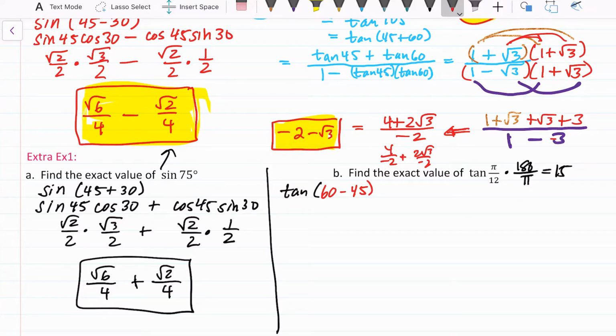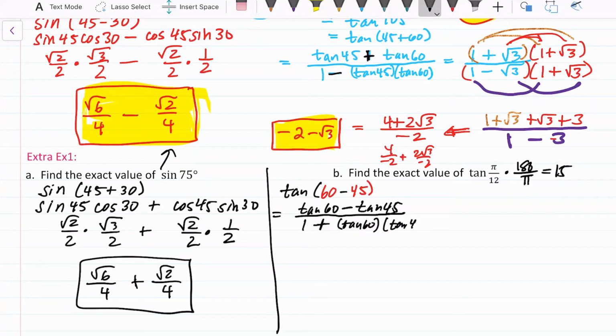So we will have tangent of 60, just for room, tangent of 60 minus tangent of 45, using the formulas up there because we have a minus sign there. And then 1 plus, the top and bottom sign will always be opposite in tangent. So up here, we had a plus and a minus, and down here, we're going to have a minus and then a plus. And then we're going to have tangent of 60